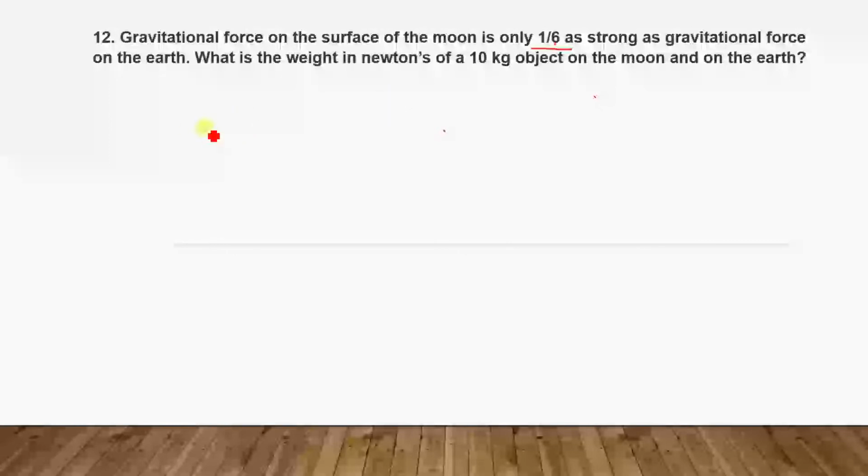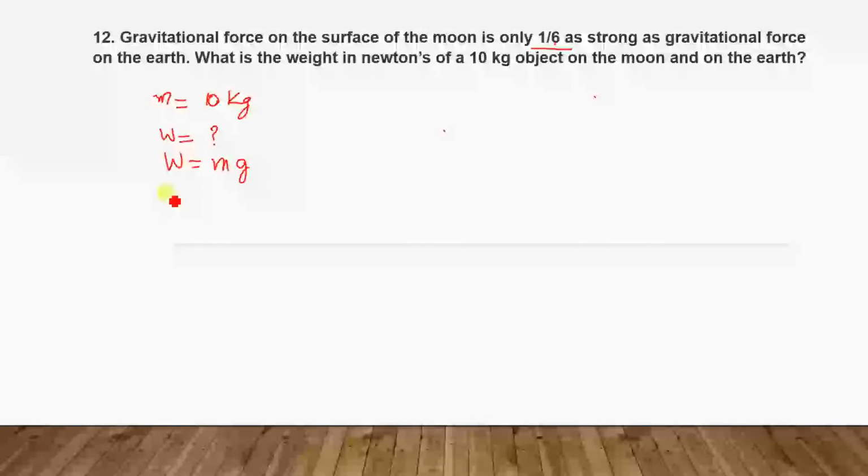So dear, first of all we will write down what is given, and we will find the weight. Now how did I know that I have to write m here? Here it is written as an object of 10 kg. That means kg is the unit of mass. So I'll write m equals 10 kg. Okay dear. Now we have to calculate the weight. What is the formula for weight? Yes, very good. W equals m into g.